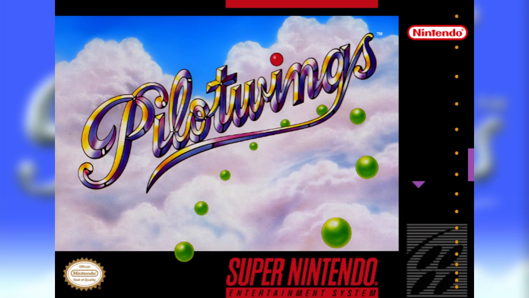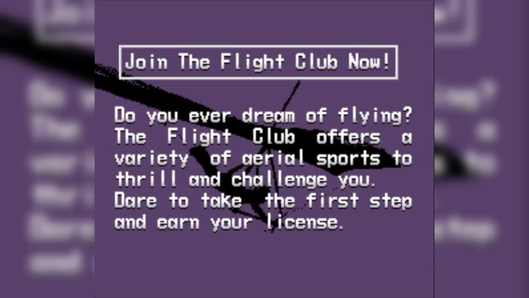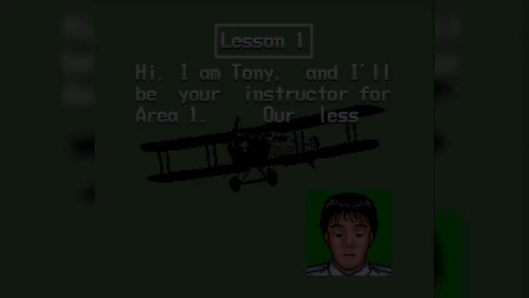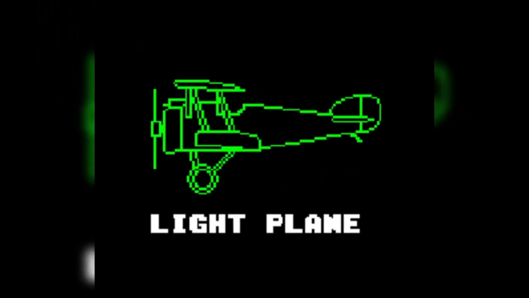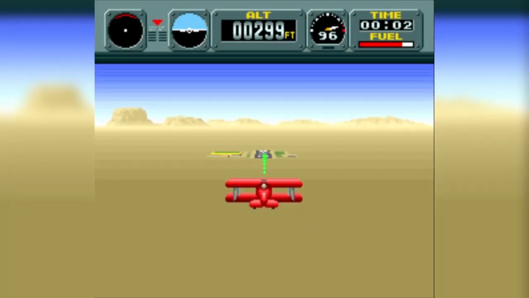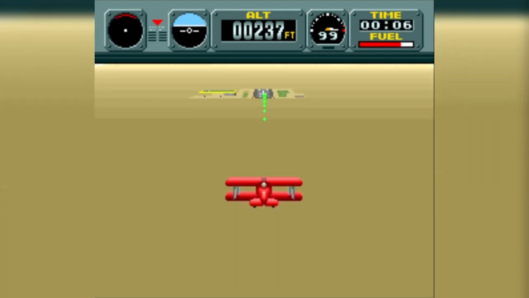The second game in this list, this is a chronological list, December 1990, Pilotwings. Again, my cousin had this one. Now, Pilotwings is one of my absolute favourite games of all time on any system. But I think it is quite niche. It's kind of like a flight sim slash